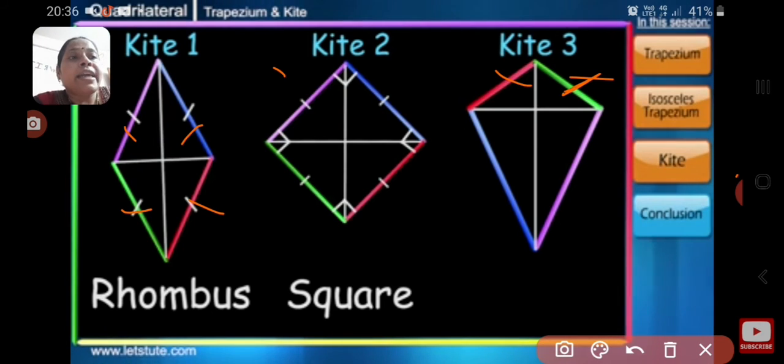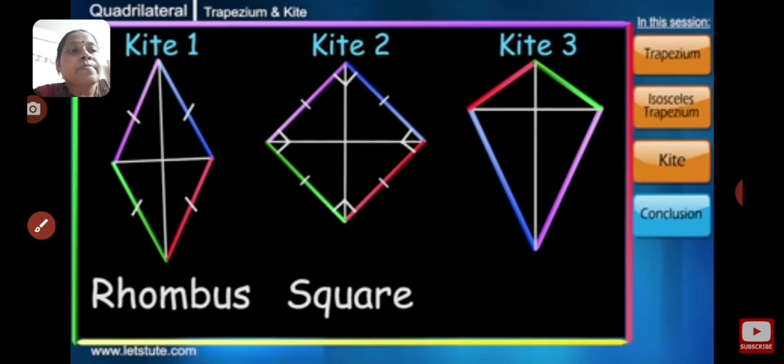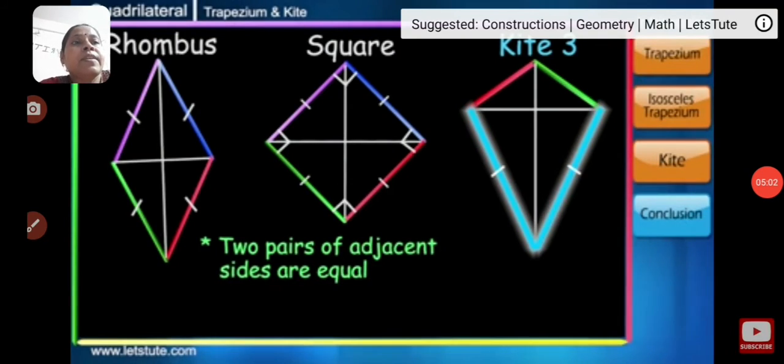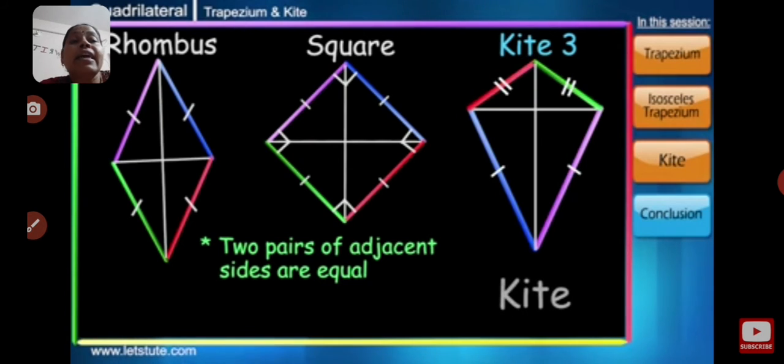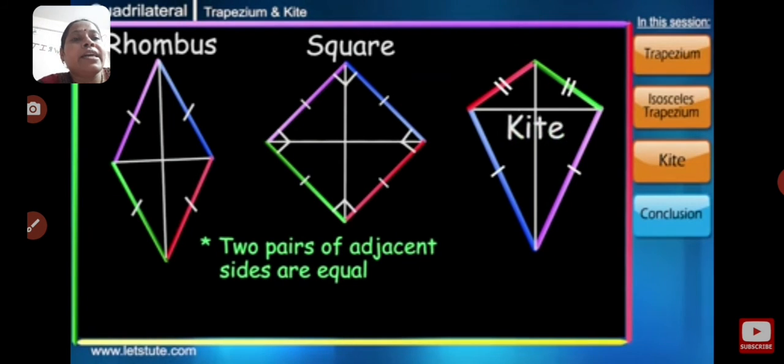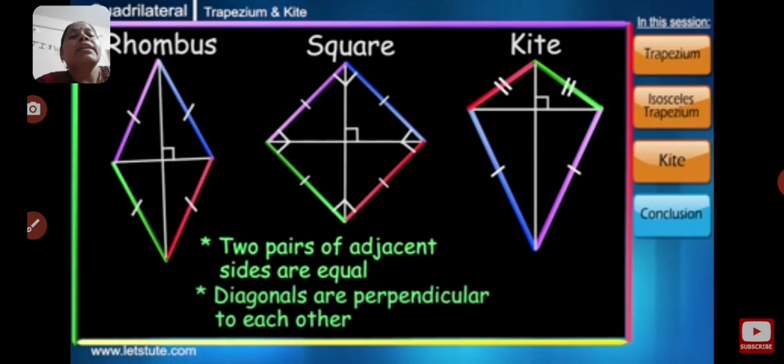Now we are talking about this: see here, adjacent sides are equal and the diagonals intersect at 90 degrees. Okay, it is a kite. Two pairs of adjacent sides are equal in a kite. Diagonals are perpendicular to each other. Perpendicular means 90 degrees. Okay, understand? Now